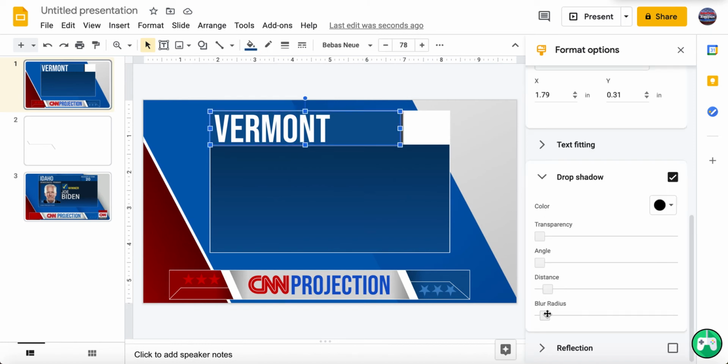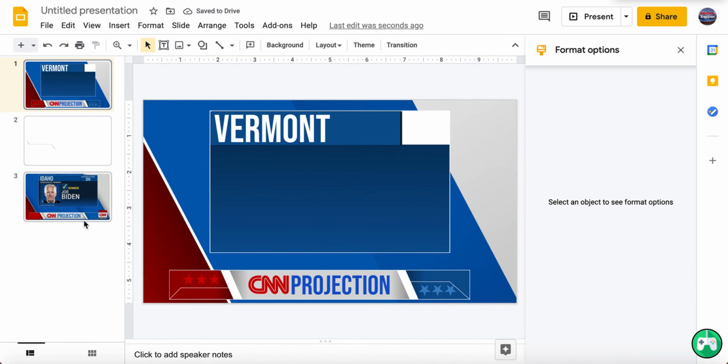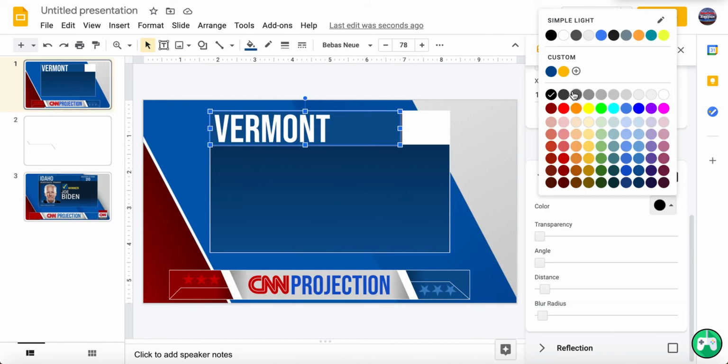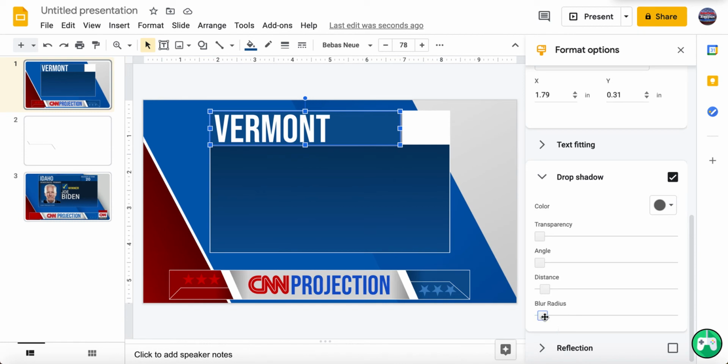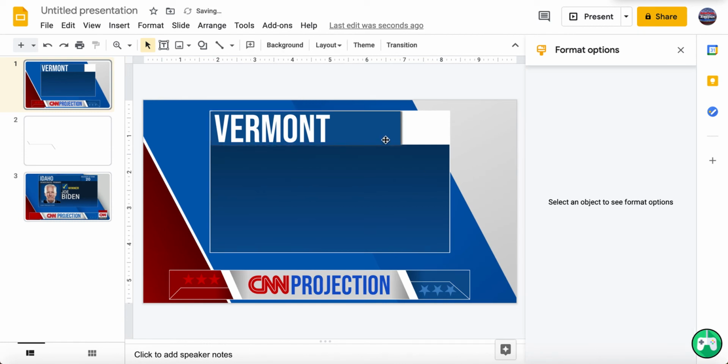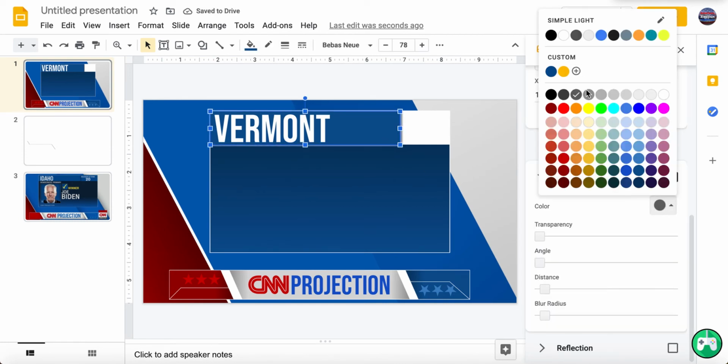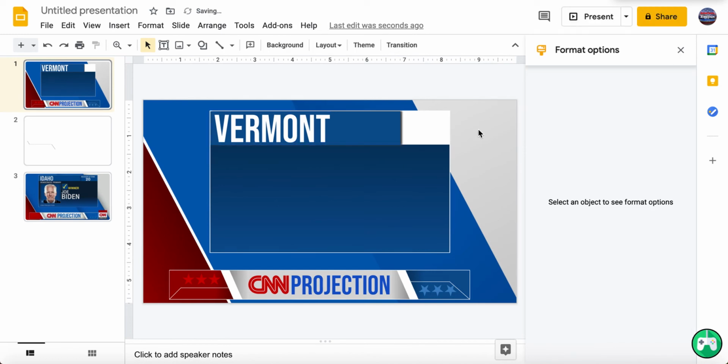That may be too much of a blur radius and too much of a distance. Also, it needs to be gray, apparently. Okay. This is kind of strange. It was working last time, and it looked pretty nice. Looks strange this time. Whatever.